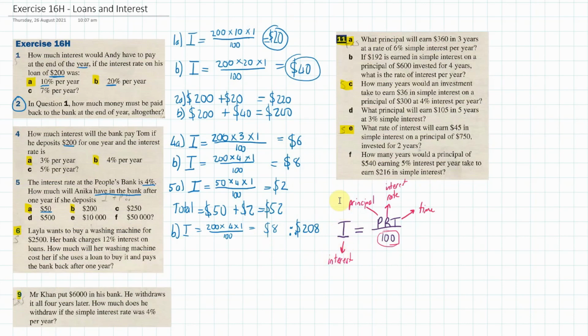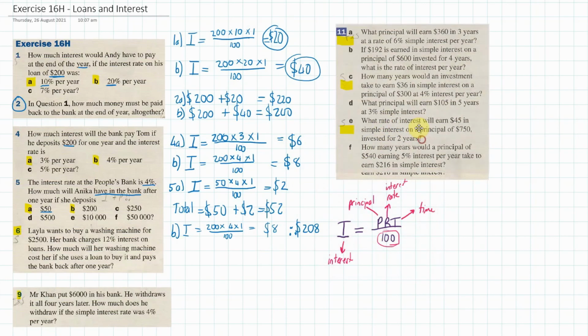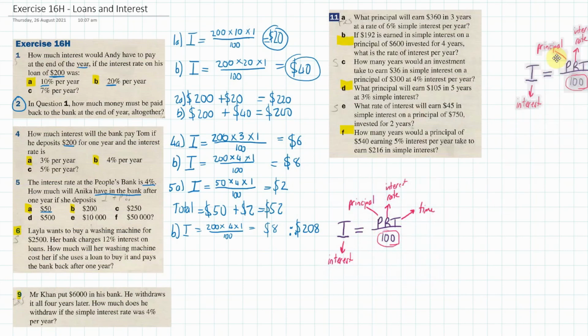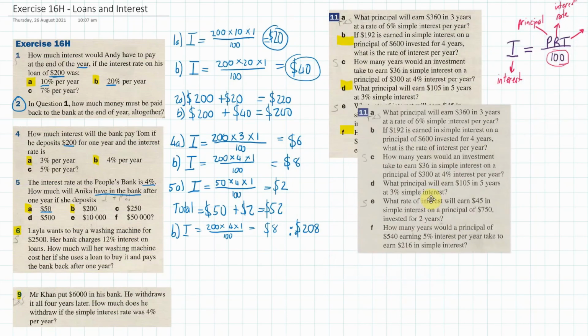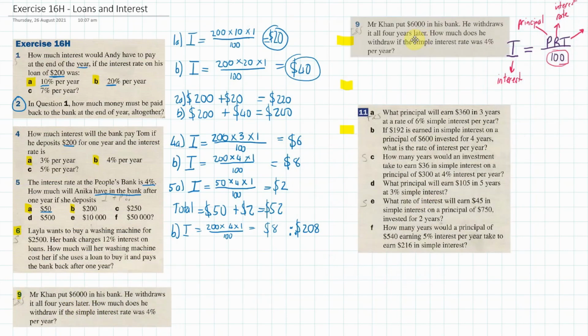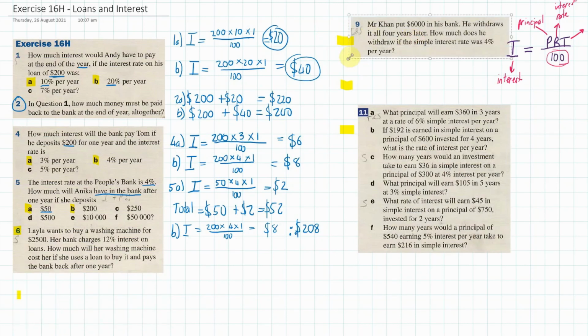Okay, now let's talk about Layla. So Layla, what do we know about her? We'll move Mr. Khan over here. Okay, what do we know about Layla? Well, Layla has borrowed money to buy a washing machine. Now, just a little hint here. My tip to you, and this is a real life tip that will help you in the future, is never borrow money